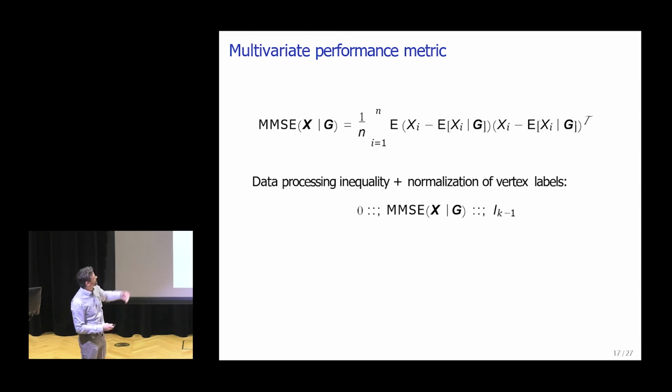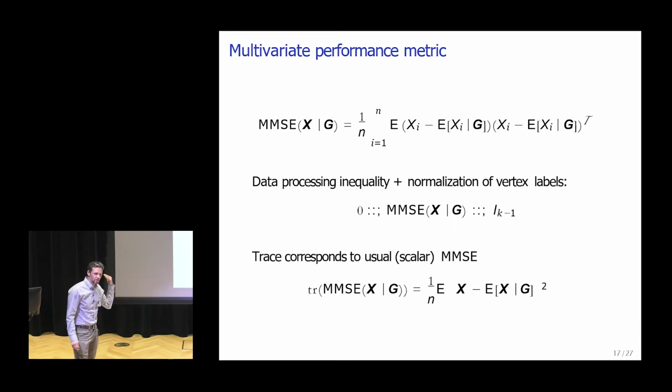And to do that, I'm going to look at this thing we'll call the MMSE matrix, which is just the expected conditional covariance of the community labels averaged over the individuals. And just to keep in mind, if you simply take the trace of this matrix, this is the standard measure of performance that people have been looking at in weak recovery. But if you look at the diagonals or the off diagonals, it has other information.